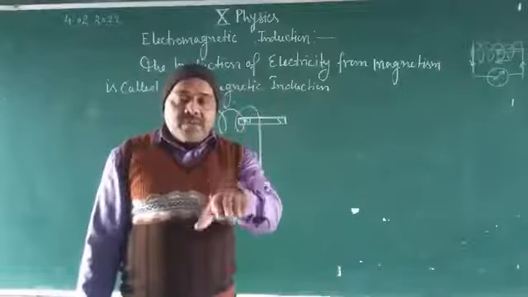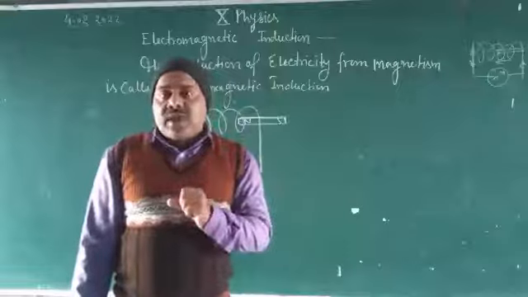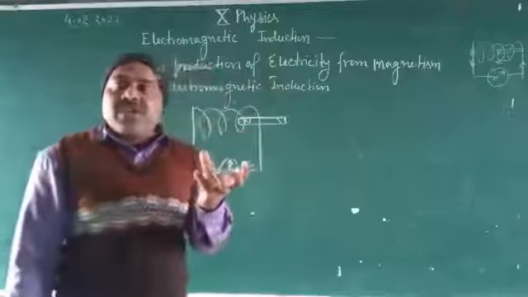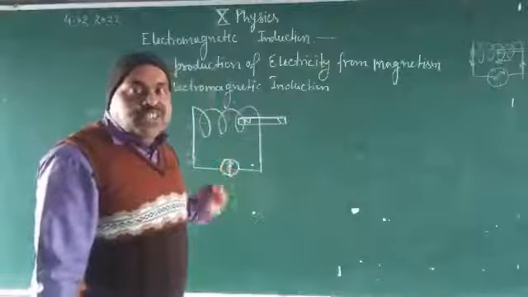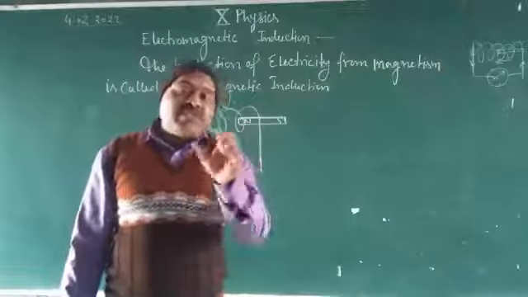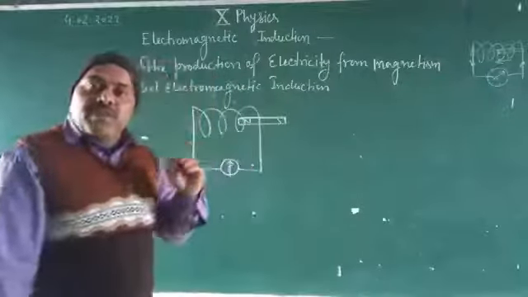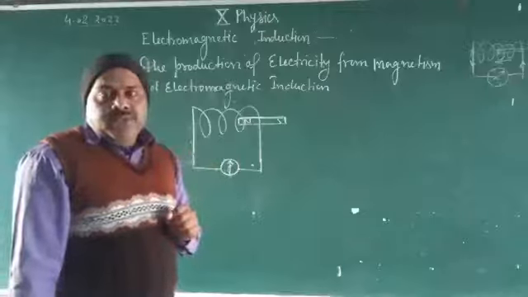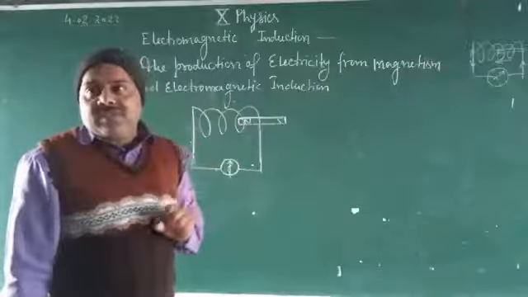When the wire begins to move up and down, current is produced, and we can detect the presence of electric current with an instrument called a galvanometer. A galvanometer is used to detect the presence of current, but an ammeter is the instrument by which we can measure the magnitude of current. And a voltmeter is the instrument by which we can measure the potential difference.